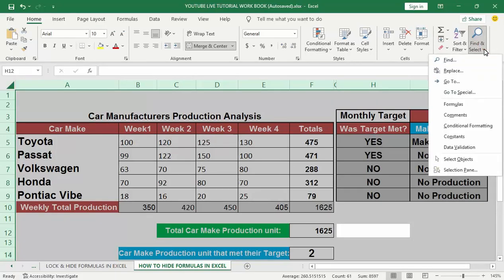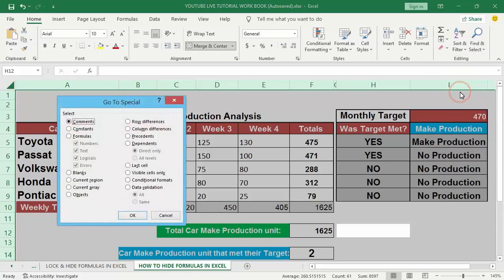Click on it, and from the drop-down list, select Go To Special. In the Go To Special dialog box, select Formulas.